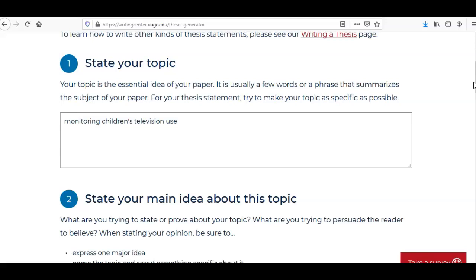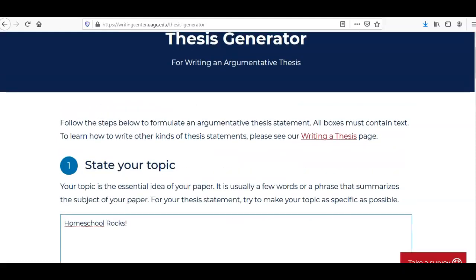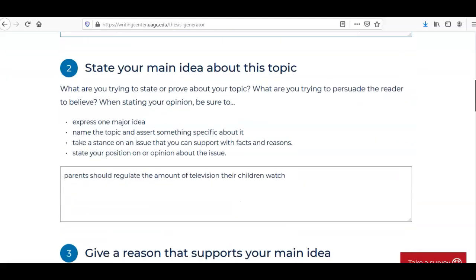So what I'm going to argue is that homeschooling is better than public school, not necessarily for or against homeschooling or public school, but I'm going to make the argument that it's better. Okay, so this is just the topic, and I'm just going to put homeschool box. Okay. Now, I don't like when it does that, so I'm actually going to separate that. Such an English teacher. It is written both ways depending on who's writing it, and I'm not quite sure why. So anyway, we're just going to move along.